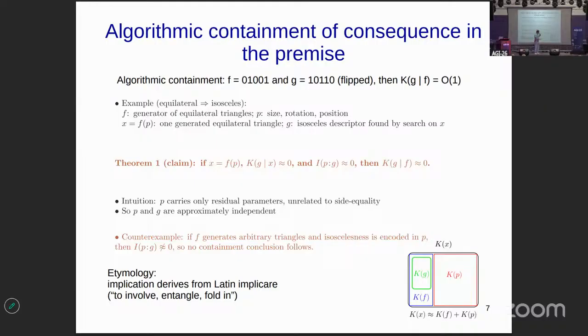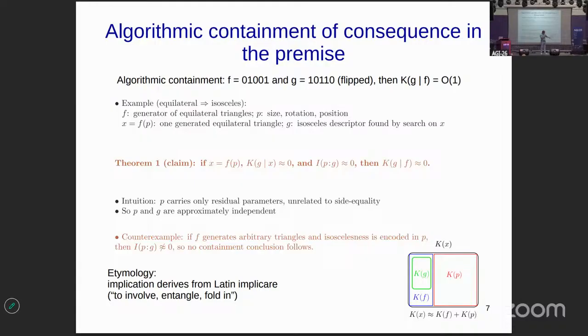And how does it work? Schematically, you split the information inside your sample into F and P, and that happens automatically when you do incremental compression. The information inside X is split into two pieces that do not overlap.